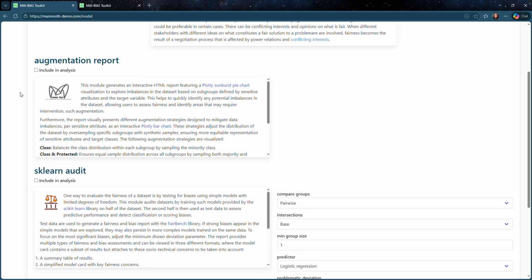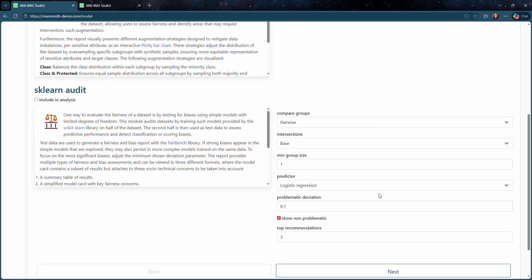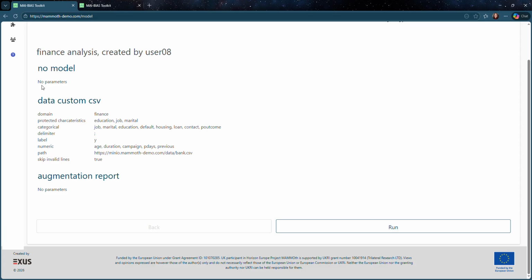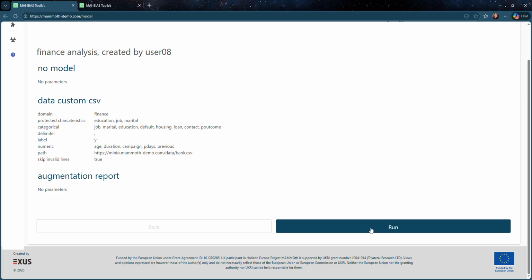In this video, we will proceed with the augmentation report module. After that, we see the choices that we have made during the importing of the dataset via the dataset loader and the selected module, and we are ready to run our analysis.